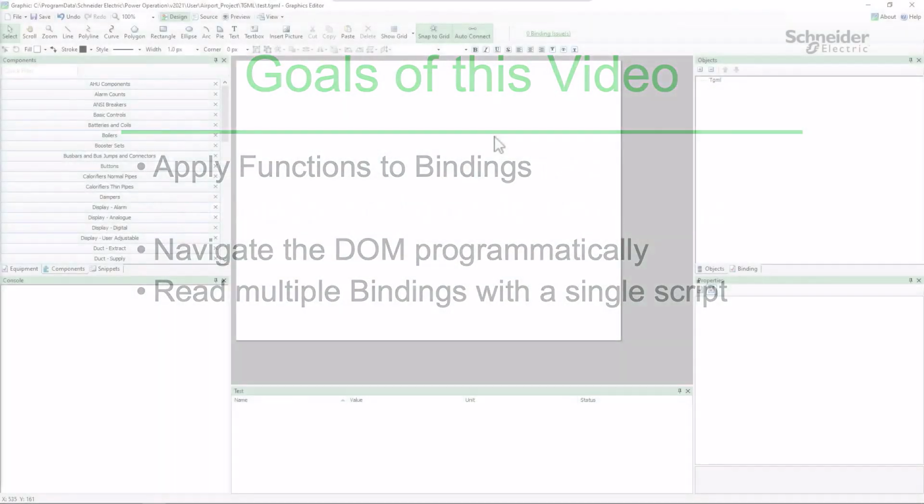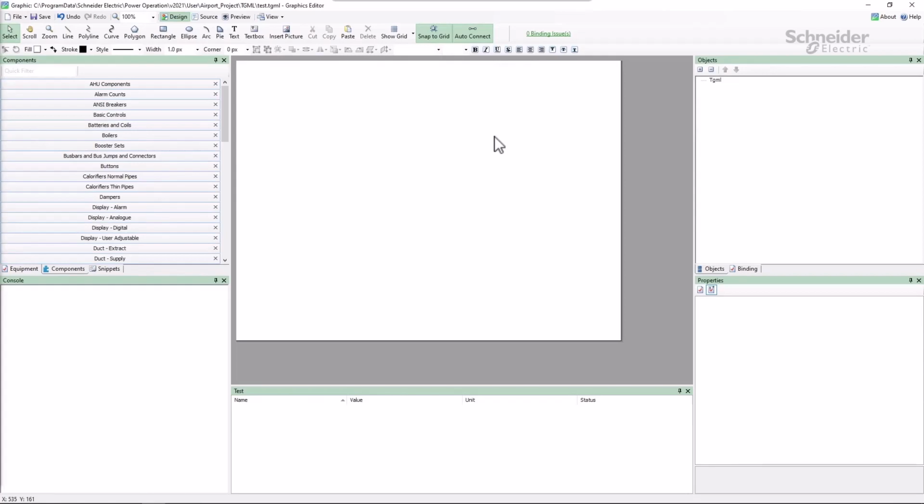In building graphics, I will often want to display a value that isn't being directly provided. In this example, I'll be reading data from a Type A MicroLogic trip unit. This device only provides the 3 phase currents, but I want to see average current on the screen. Alternately, maybe I have a different device that provides phase-to-phase voltages and the average, but I need to calculate the